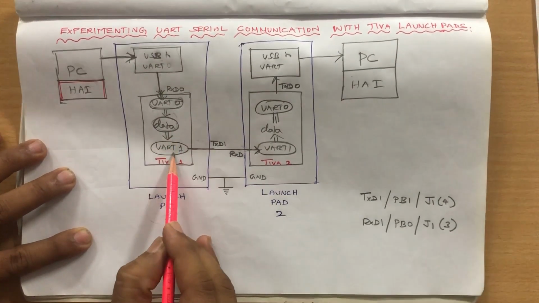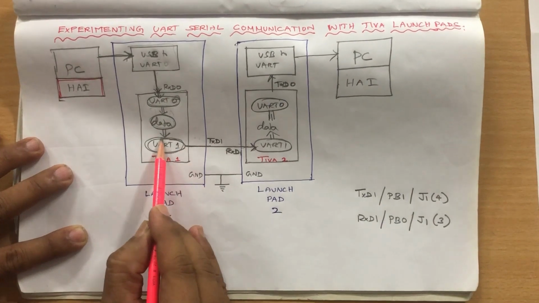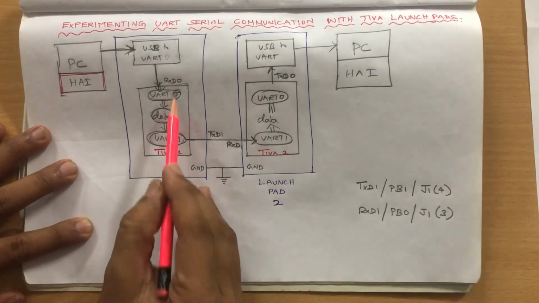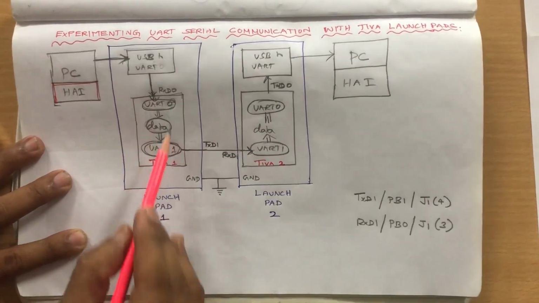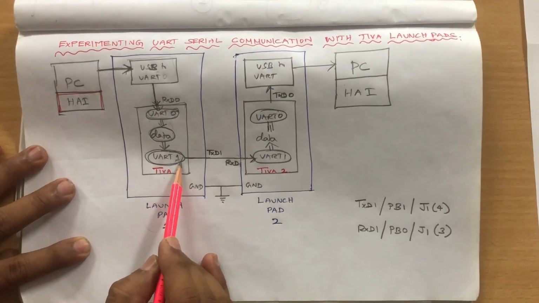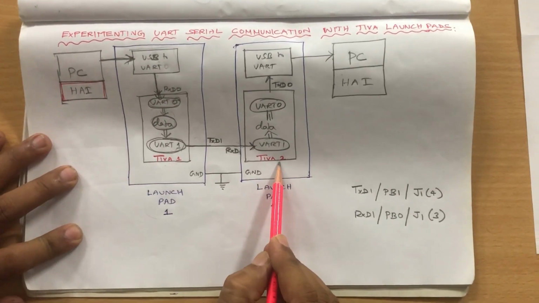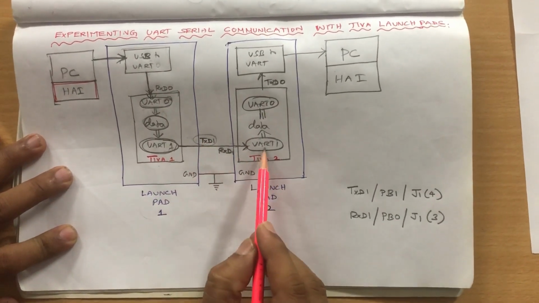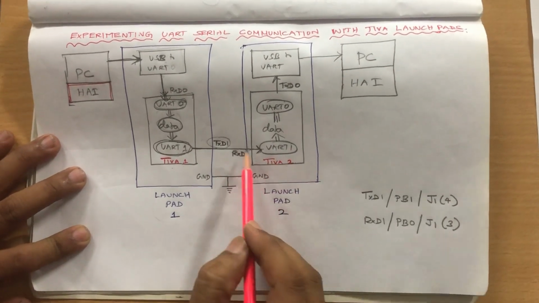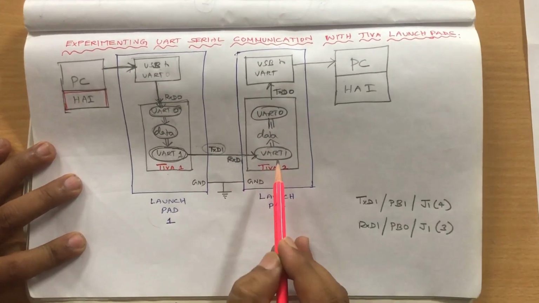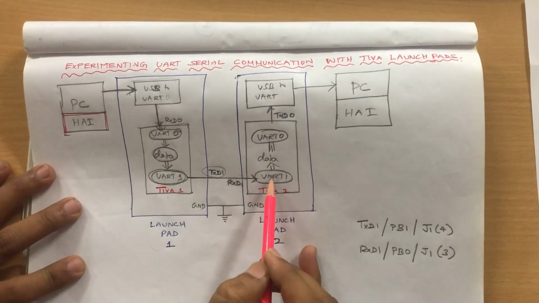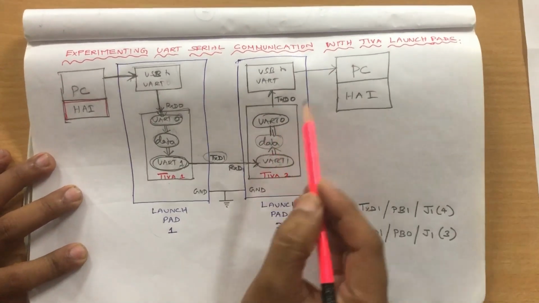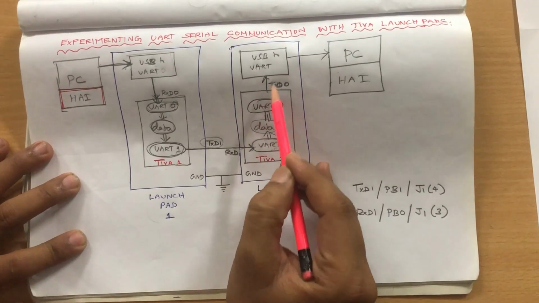From the variable data, we are transmitting the data through UART 1. As we all know, there are 8 UARTs in the TIVA microcontroller, out of which we are using 2 UARTs. Receiving the data from the PC through UART 0 and then transmitting the data to the TIVA microcontroller 2 launchpad through UART 1 through the pin TXD1. Then UART 1 of launchpad 2 receives the data through RxD1, and this RxD1 data is copied to the variable data. From this variable data, we are transmitting to the second laptop through UART 0, TXD0, and this